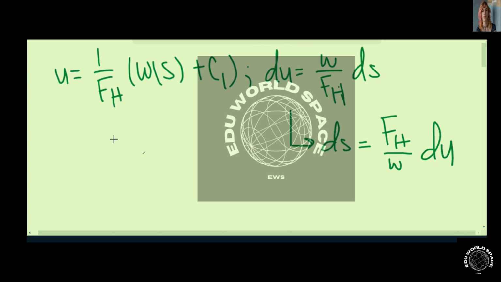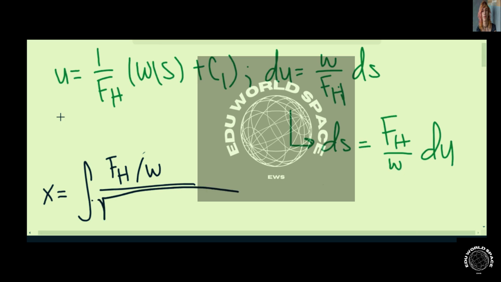Now, if we plug in all these variables into the original equation, we get that x equals the integral of F_h over w, substituting in ds, over the square root of 1 plus u squared